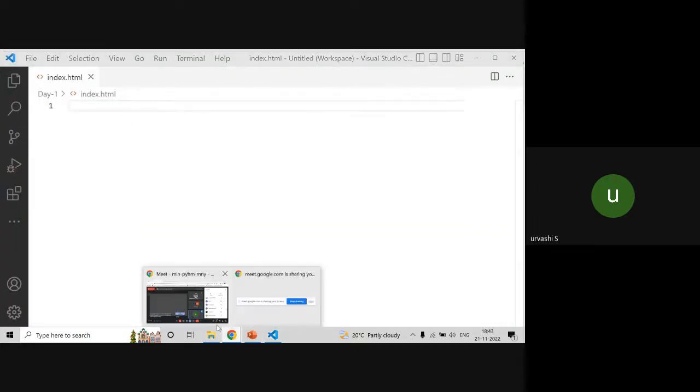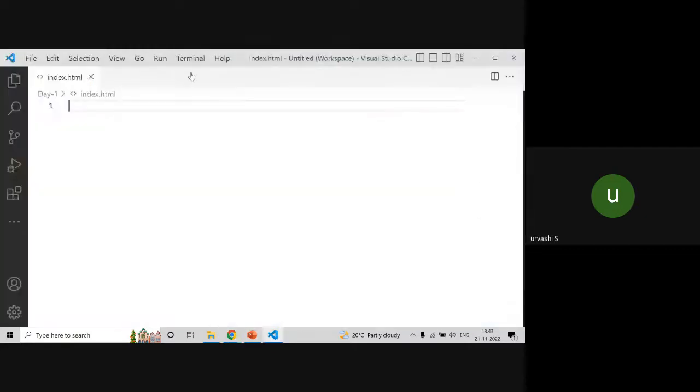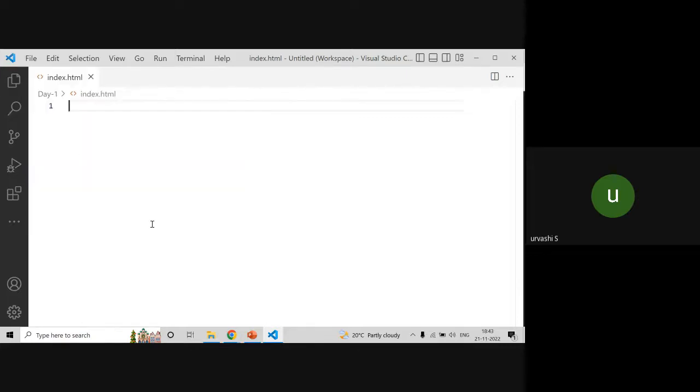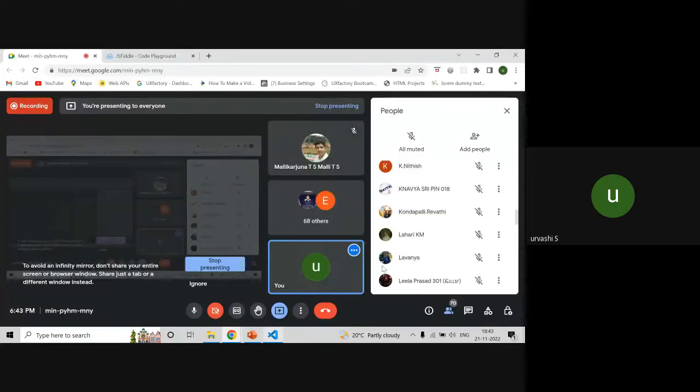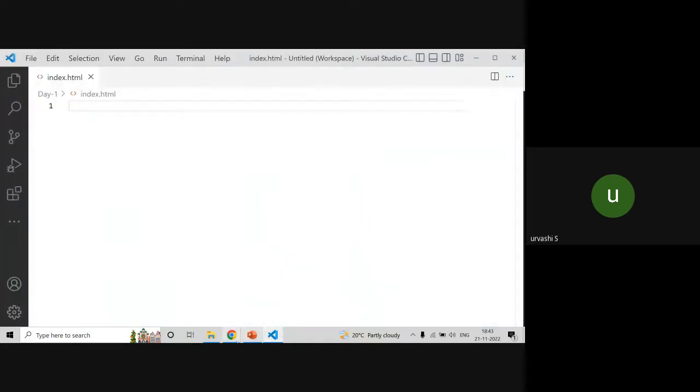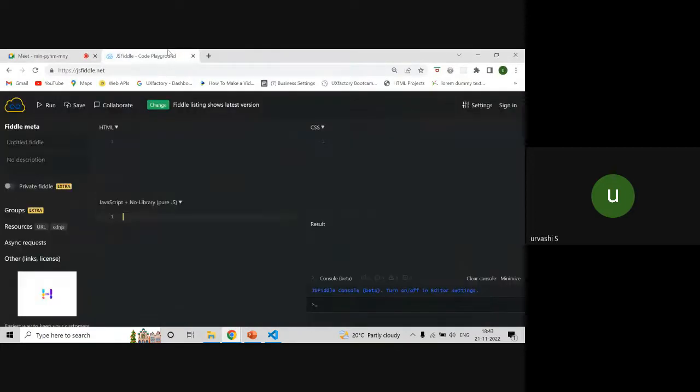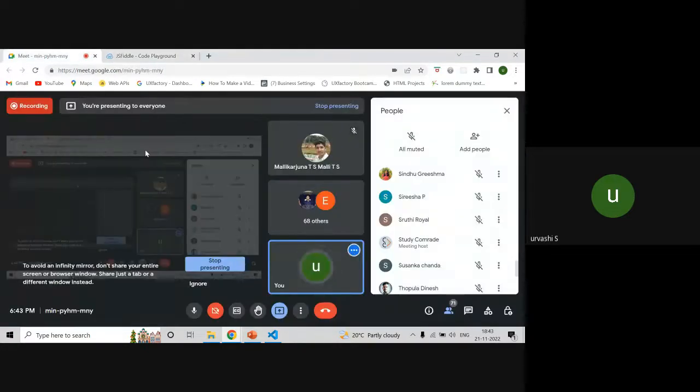Once you guys reach here, please let me know. Team, you can double click on this file to bring this file here. Once your folder structure is created and added here, let me know. Those who don't have a laptop can use mobile. Go to sign in, create an account, and online you can maintain your code. Once you have a laptop, just download and keep your code in the local machine.